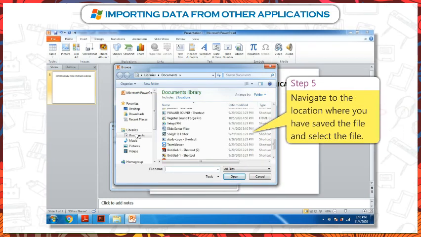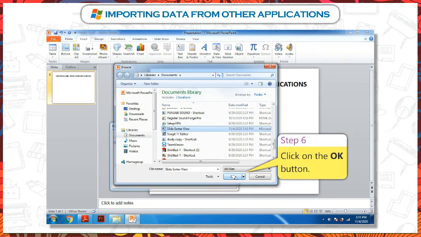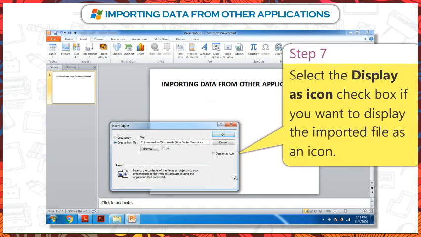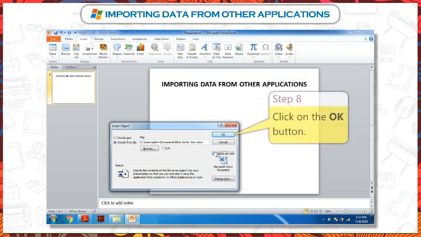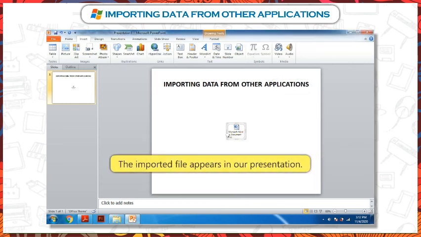Navigate to the location where you have saved the file and select the file. Step 6. Click on the OK button. The Insert Object dialog box appears again, displaying the path of the selected file. Step 7. Select the Display as Icon checkbox if you want to display the imported file as an icon. Step 8. Click on the OK button. The imported file appears in our presentation.